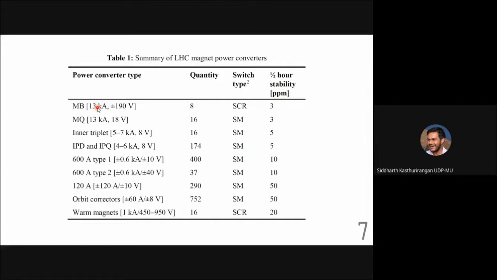The second thing is that the voltages are relatively small, but that is not a big deal, because if you do V into I, the amount of power is still huge. It goes in the range of kilowatts for almost all. It can even go to several tens or hundreds of kilowatts. In fact, for the first magnet, it directly goes into megawatts: 13 into 190 into 1000. Okay, that is the requirement of power for just one magnet. It's a huge amount of power.